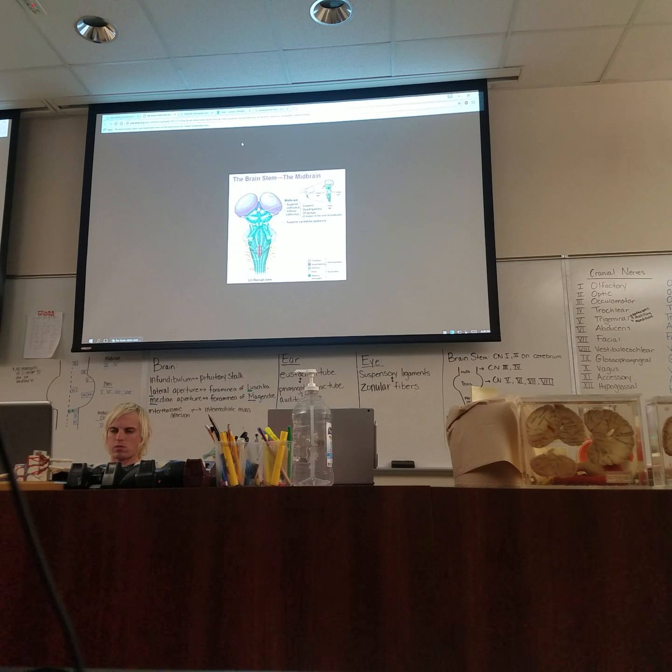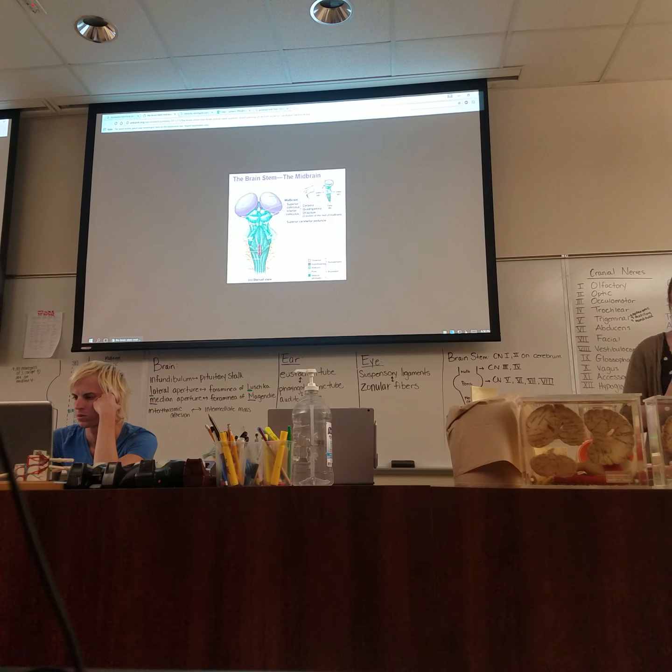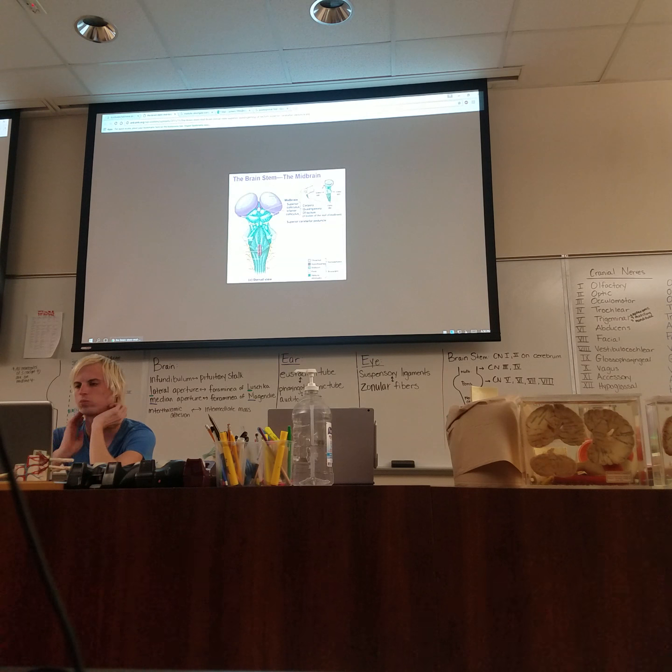From the back posterior view of the brainstem, it looks like this. This is just an extracted brainstem. These 2 circles right here, the 2 green circles, those are your superior colliculi. These below it that look like teardrops, those are the inferior colliculi. Together, all 4 of them make up the 4 gems of the brain, the corpora quad for 4, gemini for gem. So the corpora quadrigemini. And they're literally sitting attached to that tectal plate. The tectal plate is like a piece of paper, and a 4-year-old comes up with a bunch of cotton balls and glues them on. So I'll show you what these gems are. They're just kind of stuck there on the brain. They have a function. They help interpret auditory and sight, but you don't need to